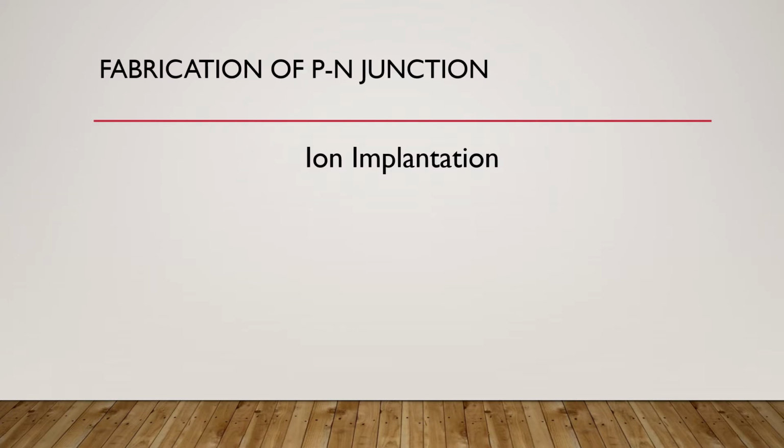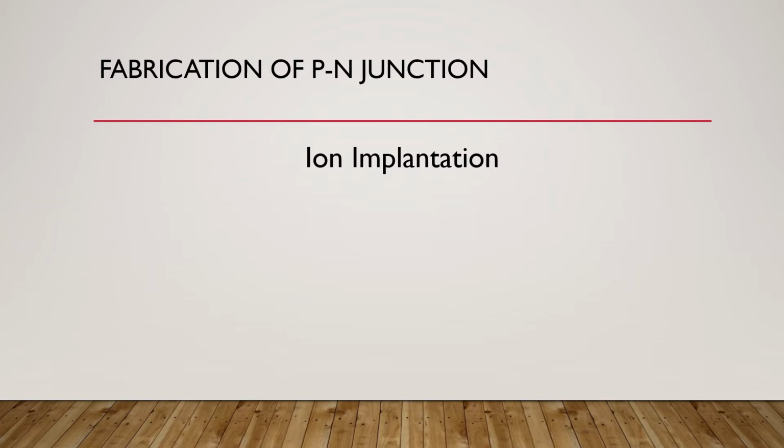One method which is common to all is the deposition of silicon dioxide over the silicon substrate. Then we discussed the diffusion process, the rapid thermal annealing process, and CVD. And today we will discuss an important method, ion implantation,